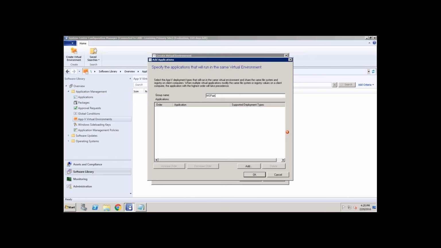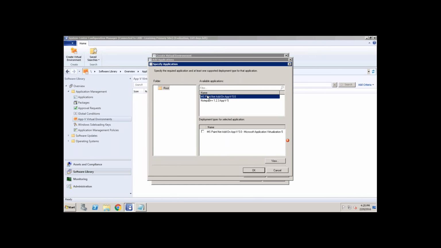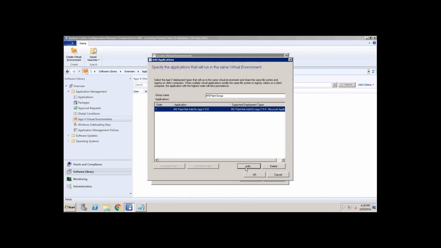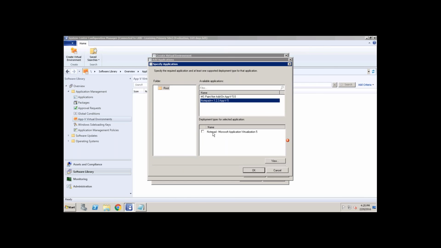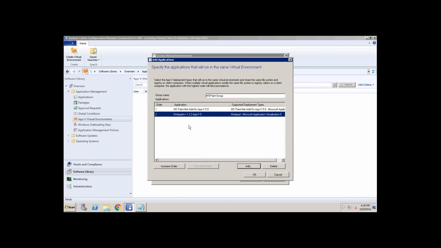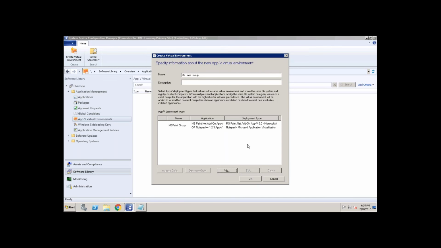Again you give the group name MS Paint group, and here add your packages. I have these two packages, I want to add them. Just select OK, add one more time the other package. Now I have added two packages. If I say OK, these two packages will become a single bubble.